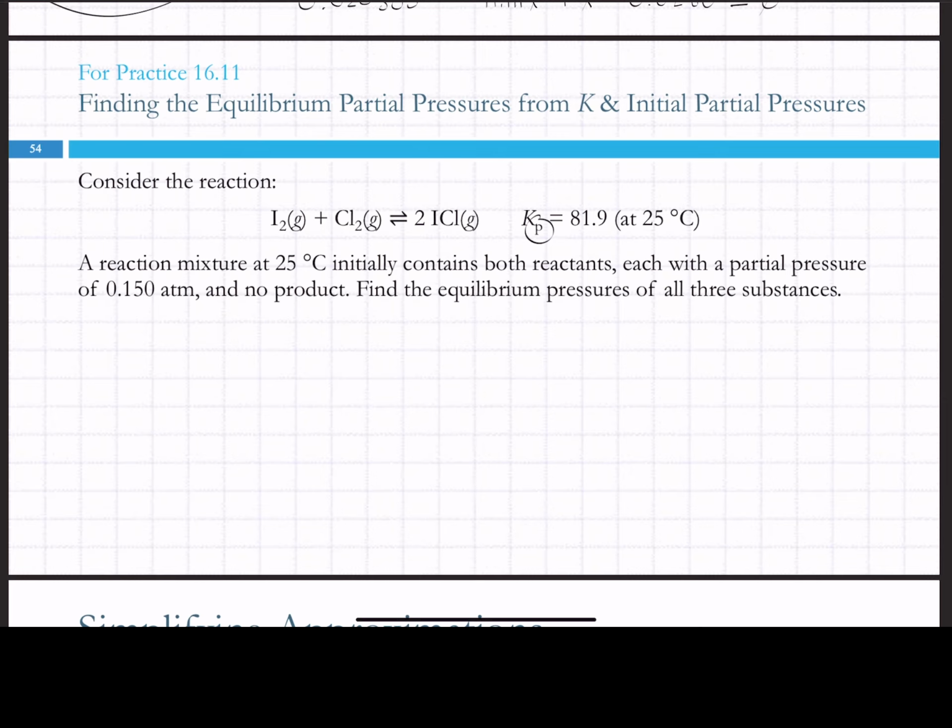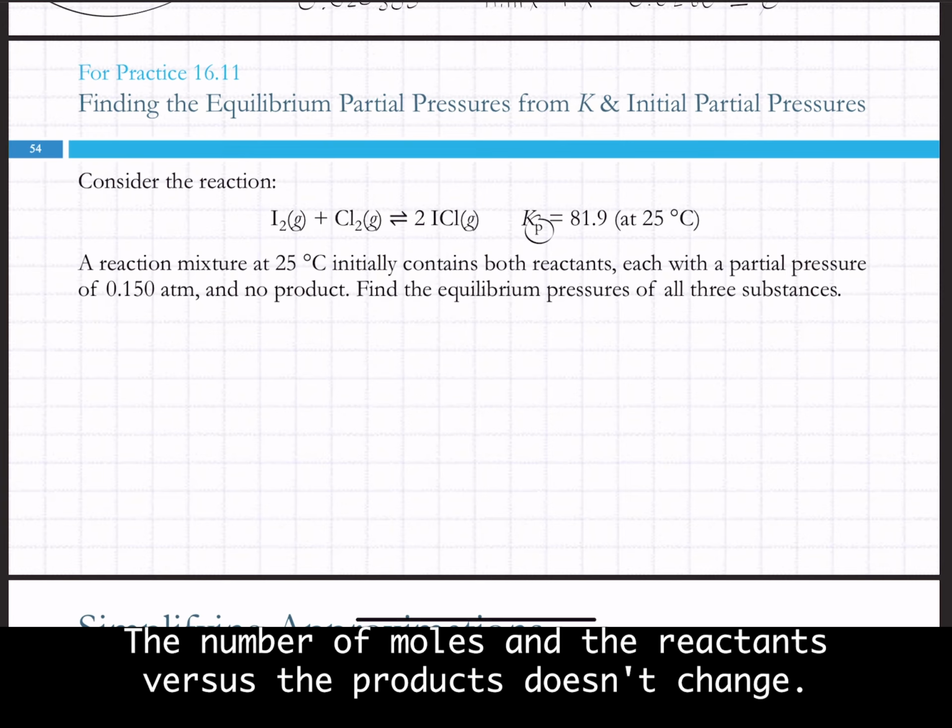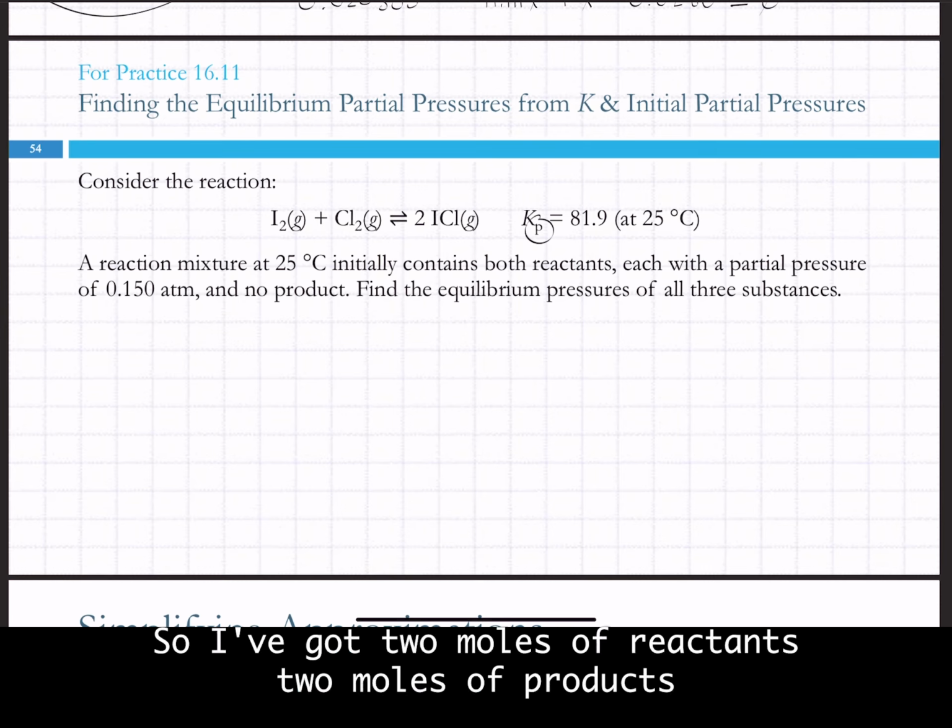That is important. There's something else though. Specific. Yeah. The number of moles in the reactants versus the products doesn't change. So I've got 2 moles of reactants, 2 moles of products, because the